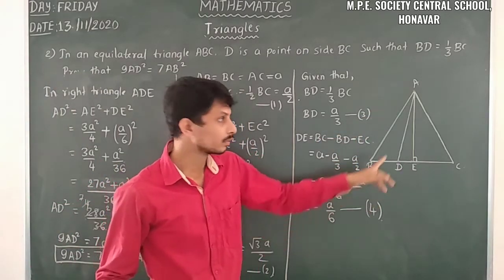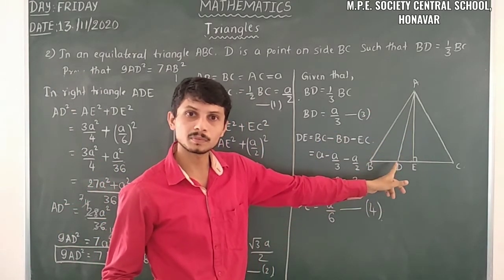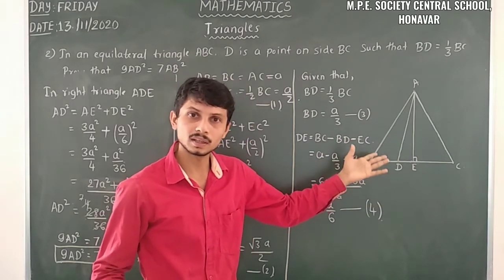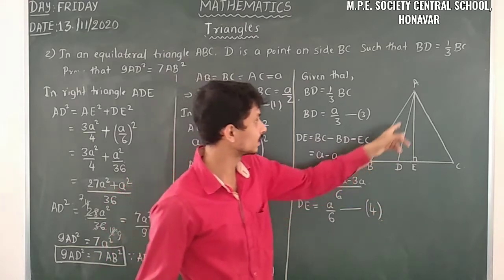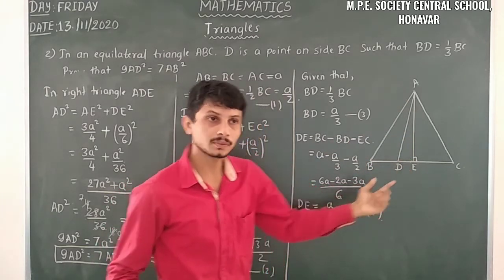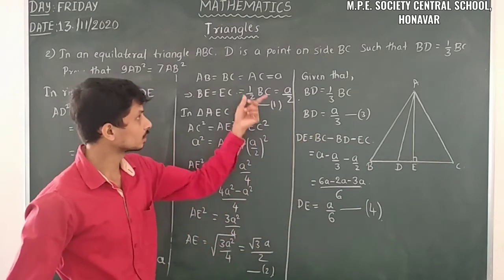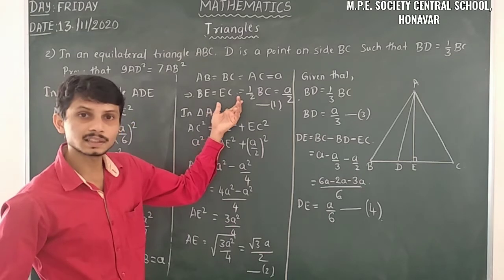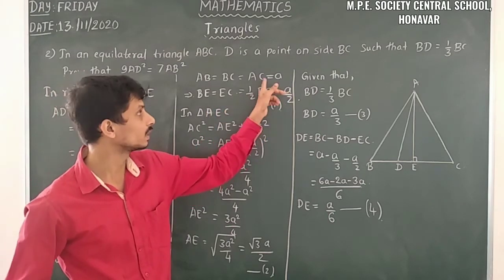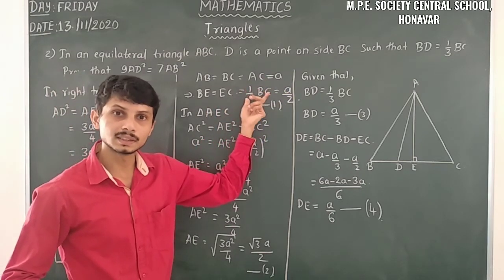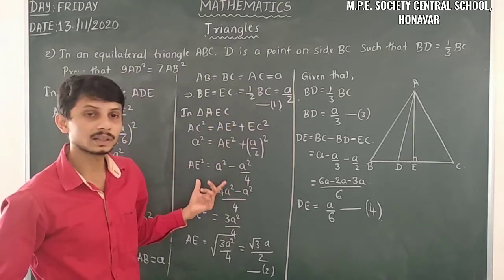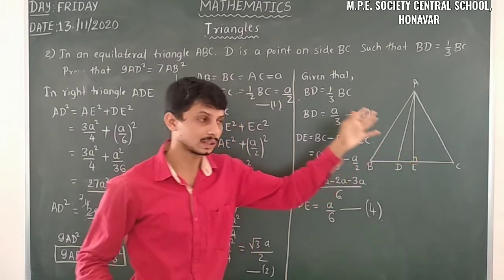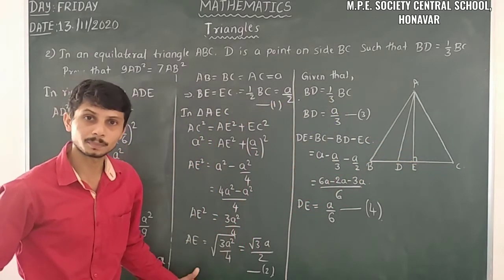So that's why we construct a right angle triangle here by drawing an altitude, and then we calculated our required units, that is AE and DE. For that we made some calculations here. We took all the sides and we get EC by dividing BC by 2. Then we substituted the Pythagoras theorem in triangle AEC. From that we calculated AE square and the value of AE.